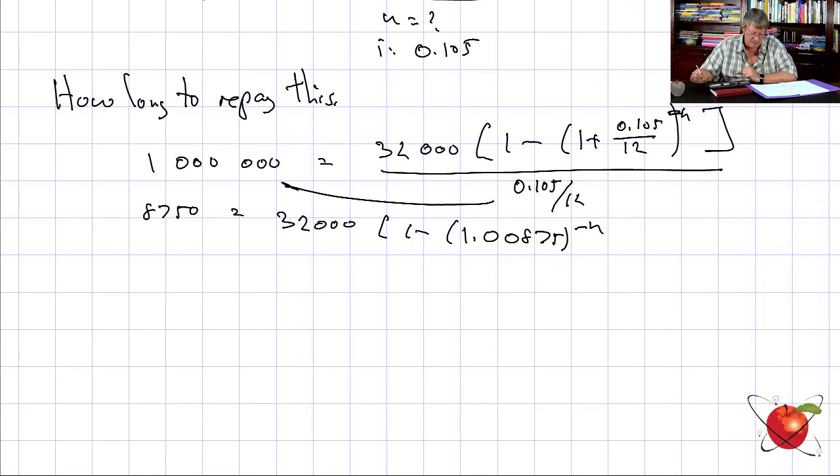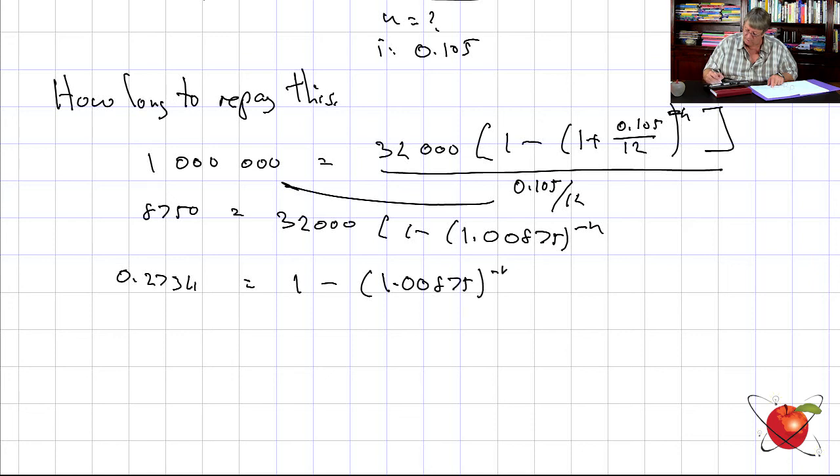I forgot the minus n, sorry. Okay, divide by the 32,000. Now you get 0.2734 is equal to 1 minus 1.00875 to the minus n. I take that 1 across and change sign, so that it becomes 0.7265625